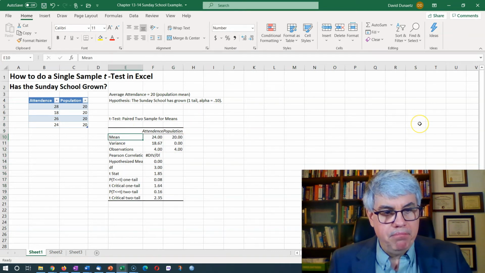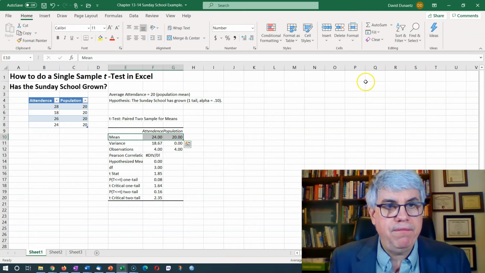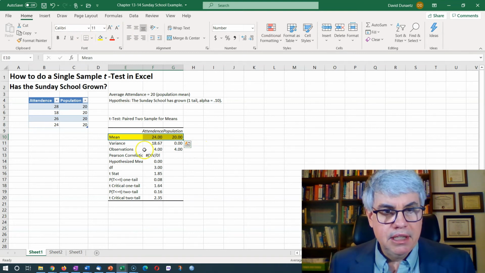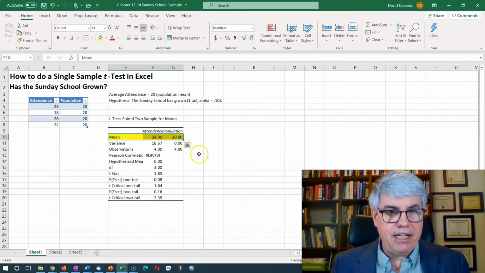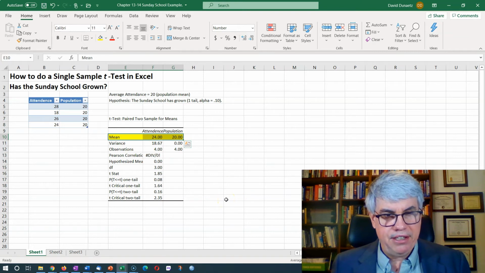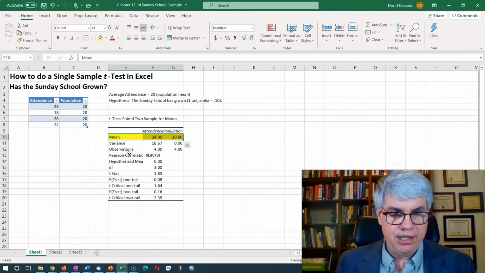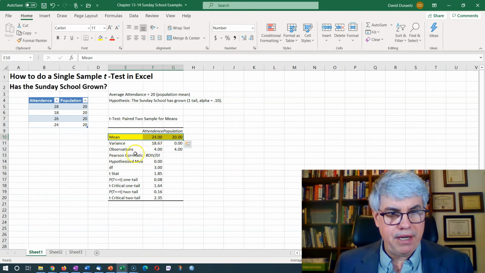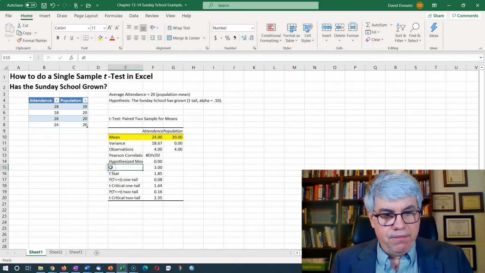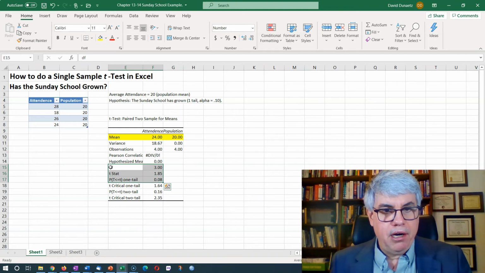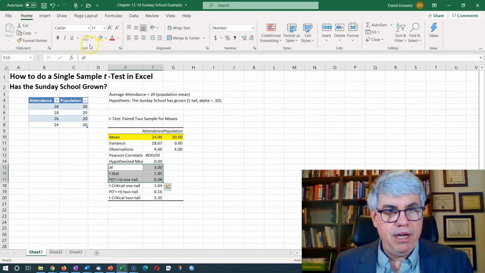And sure enough, we have the mean of 24. Those 4 Sundays, the average is 24, so it's higher than the 20. And we've got the variance is 18. Now I could take the square root of that to get the standard deviation if I wanted to, but we're reporting this to a Sunday school class, so I'm not going to do that. We've got 4 observations, and our degrees of freedom are 3, our t-stat is 1.85, and our p is 0.08, which is what we were hoping for, because our alpha is 0.10, so 0.08 is